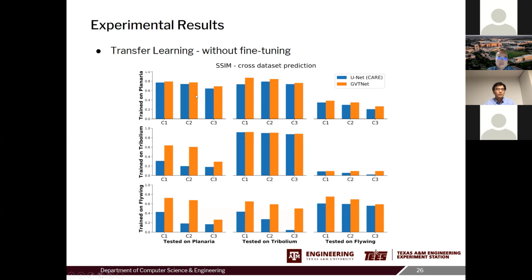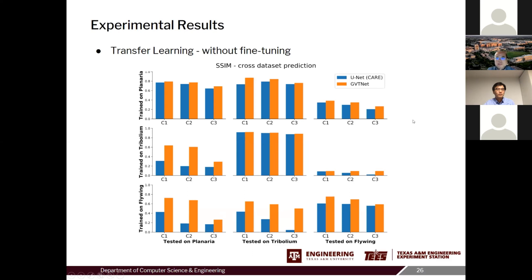Naturally, you can see the performance on the diagonal is usually higher, just because the training and test happen on the same data set. The off-diagonal ones are real transfer learning. For example, in this case, our training is on this data set, and our prediction is on another different data set.